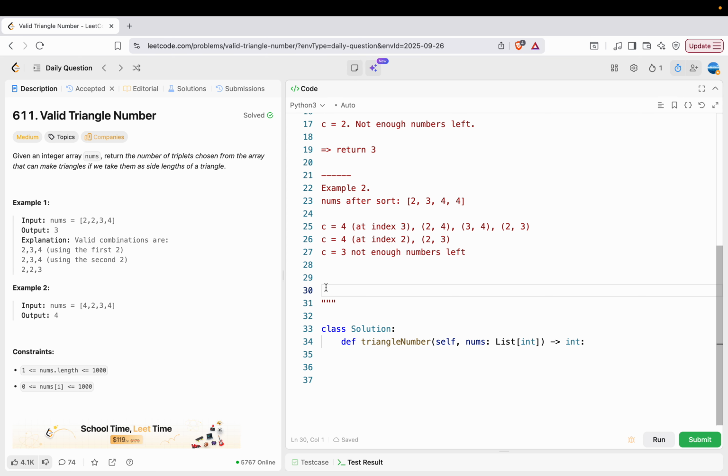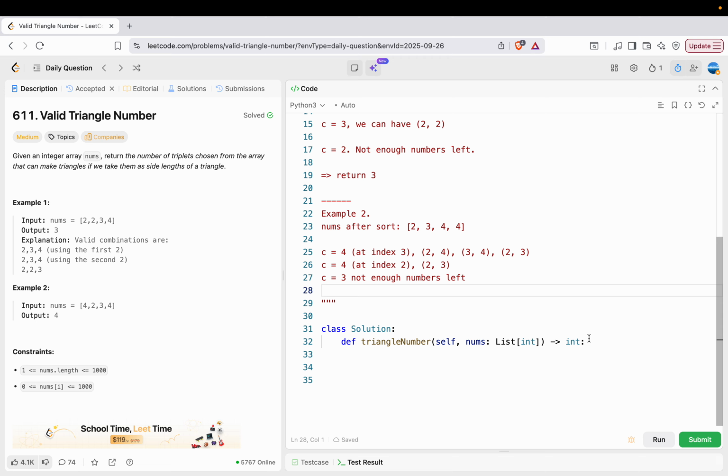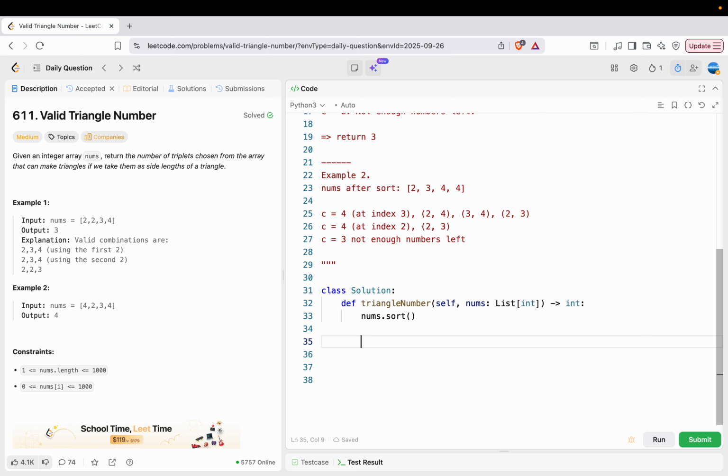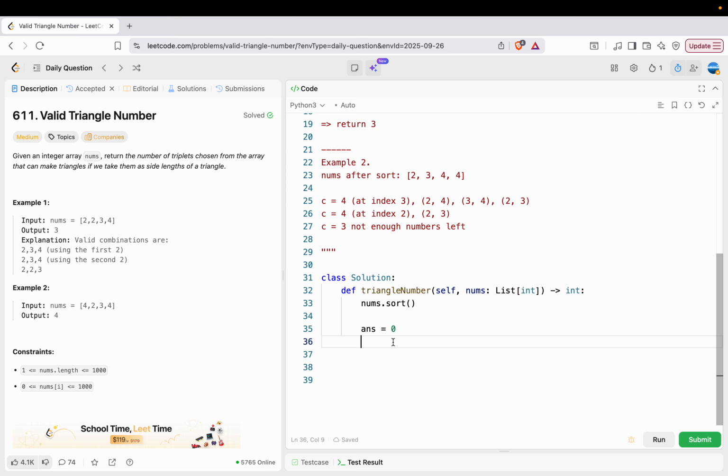Now let's quickly look at the coding. If you have practiced quite a lot, you will quickly realize the pattern for using the two-pointer sliding window method. First I'm going to sort nums. Then we initialize an answer, which is a counting variable, and we are going to return its final state. Then I'm going to iterate over